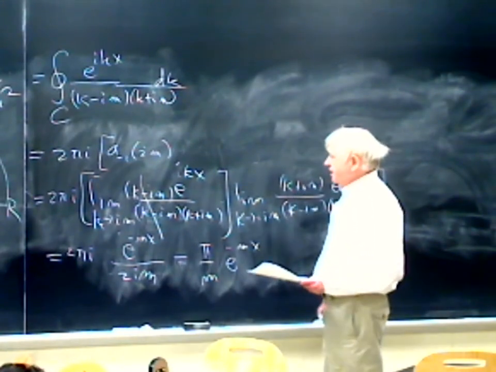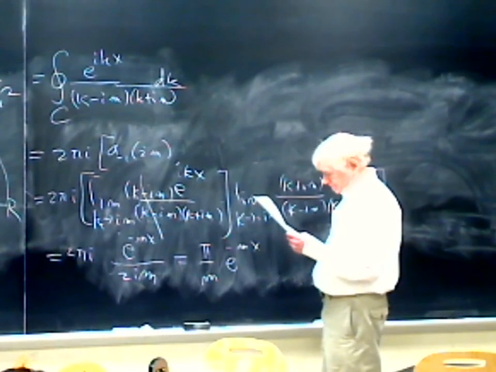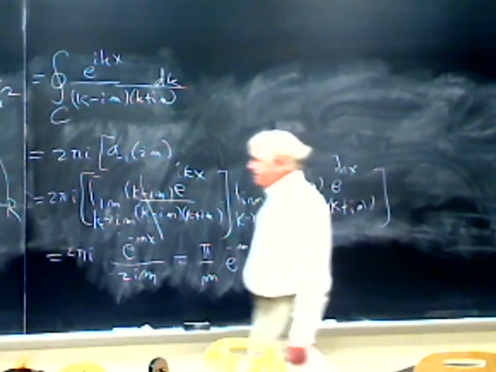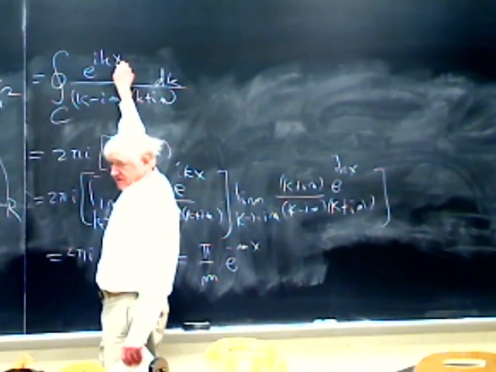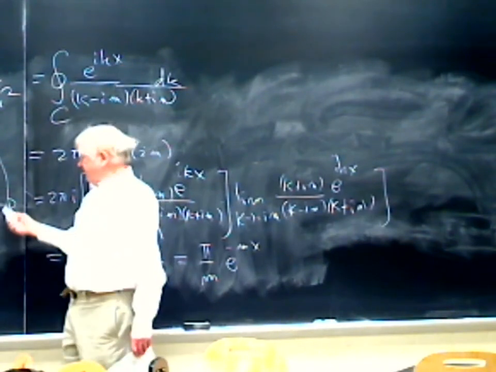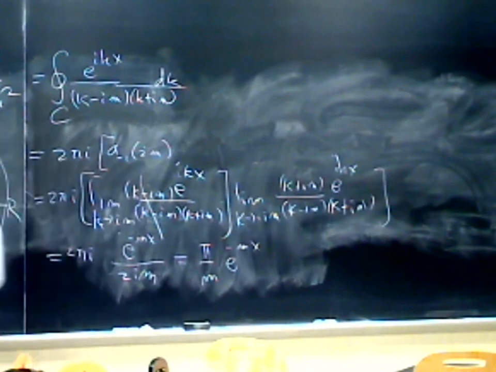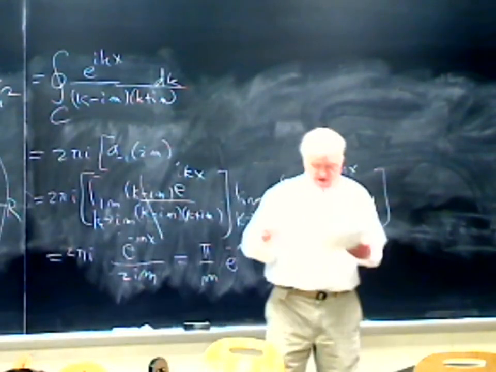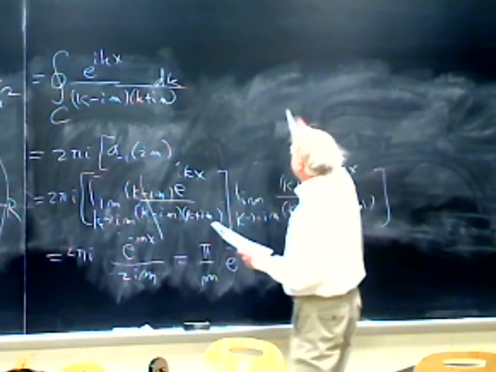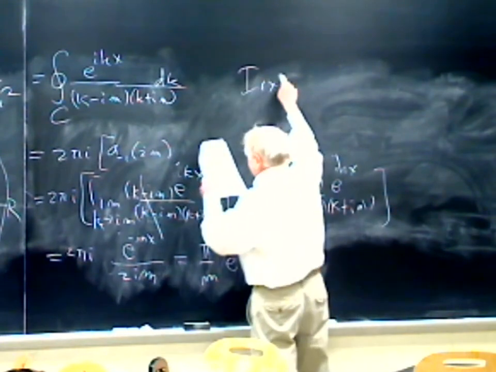And in fact, for the second one, let's consider the case where x is negative. If x is negative, then we have to add the ghost contour in the lower half plane. And if we do the ghost contour in the lower half plane, well, this time let me just do the contour. Then we get I of x is